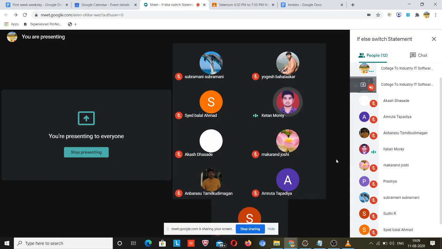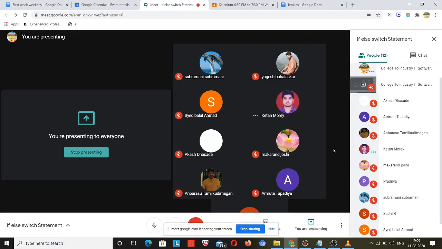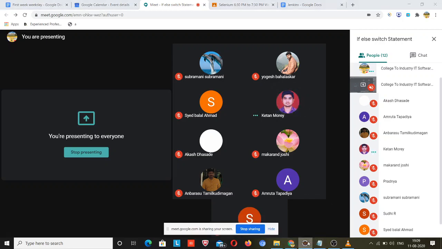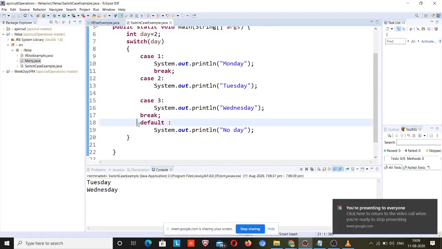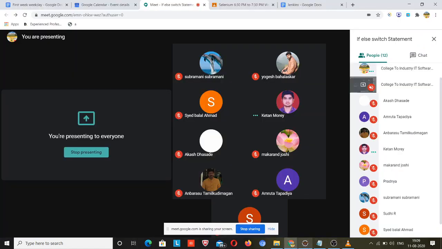Okay, so I have a query. Sir, what happens if there is no default case in the program? If there is no default case, then nothing will print. It will print nothing. Just remove it, don't worry. Default case we normally put into our code. If there is no such case, then we should know that there was no case. That's why this is the response, right?